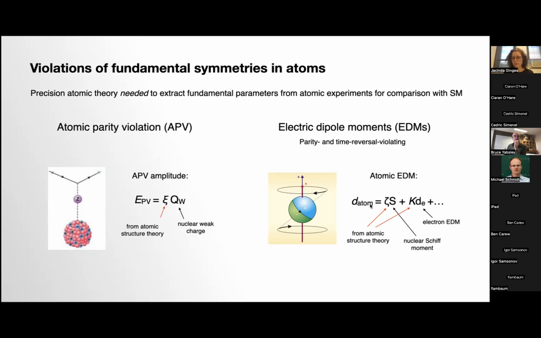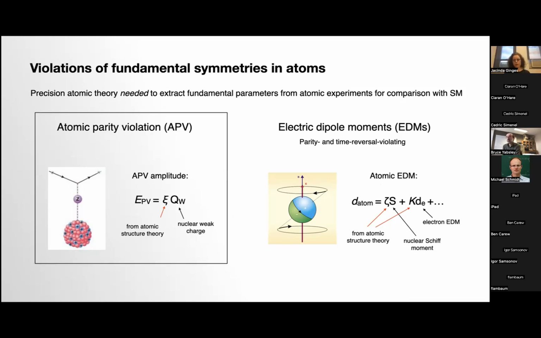Similarly, for electric dipole moments, if you have a measurement of an electric dipole moment, these need to be related to the fundamental parity and time reversal violating properties at various scales. So you'll need atomic structure theory to relate it to properties at the nuclear scale, and also theory to relate it to the electron EDM, etc. But now as well, again, not the subject of this talk, and I won't speak about it further, these sorts of studies with electric dipole moments are also moving towards measurements in molecules, where the molecular structure is playing a really important role also. So on to atomic parity violation.